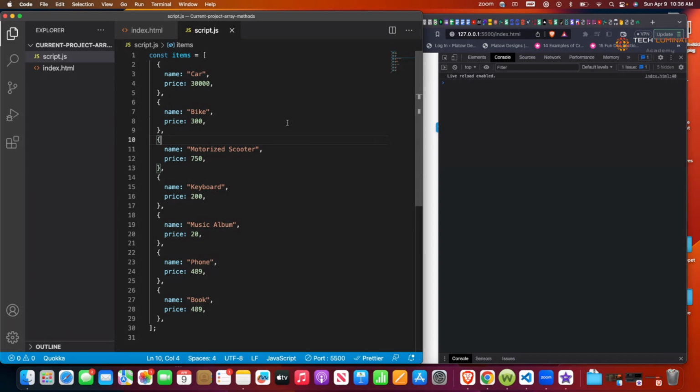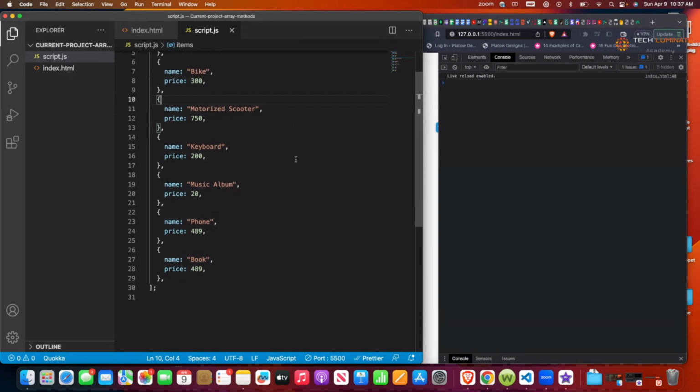The array object comes built with methods that allow you to work with arrays a lot easier. So I have an array of items set up in my JavaScript file, which we will use to work with all the array methods I'm about to show you. The first method I'm going to show you is the filter method. The filter method will return a new array with items that meet a specified criteria that I'm going to set. For example,